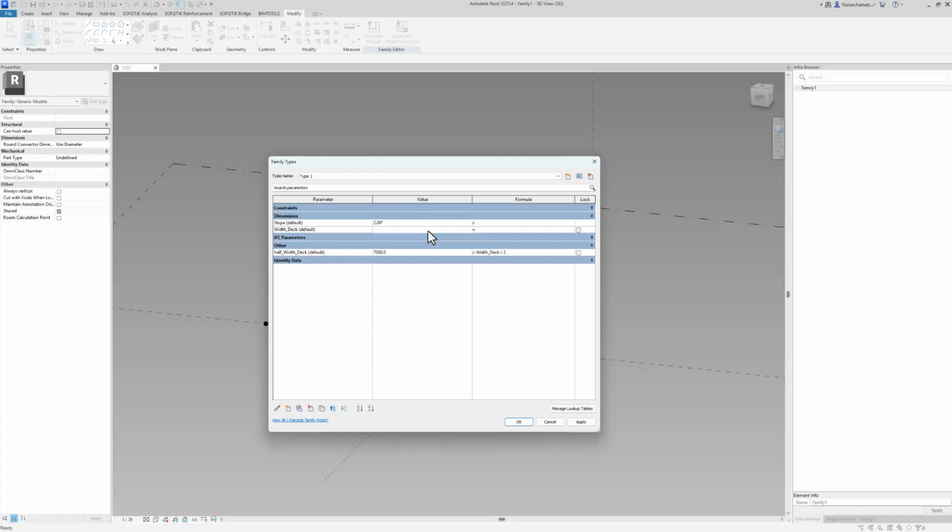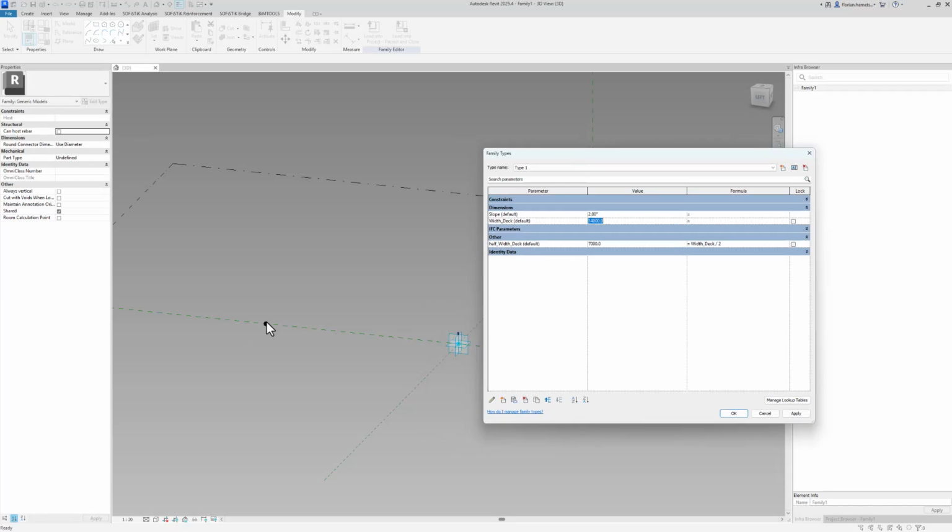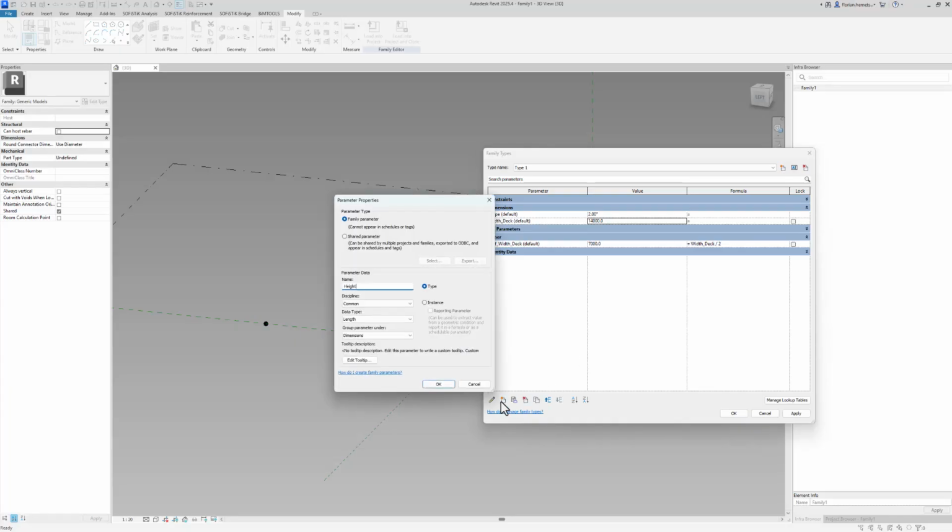I assign a value to it, and what I can do now is create another parameter for the height of a second point in reference to the width of the deck. I will call this parameter height top left.